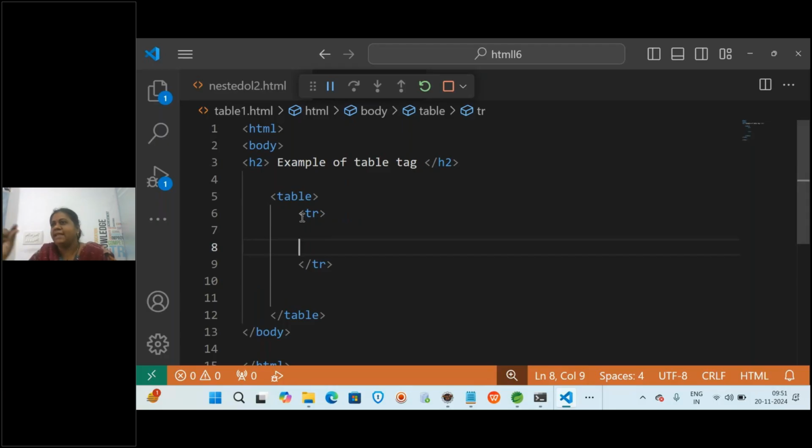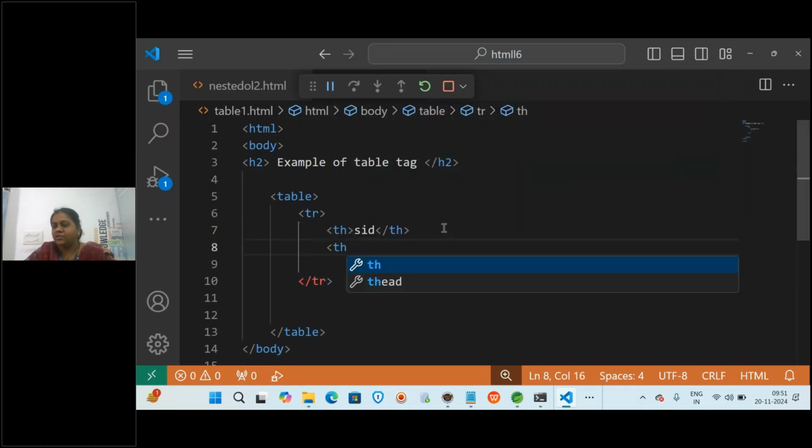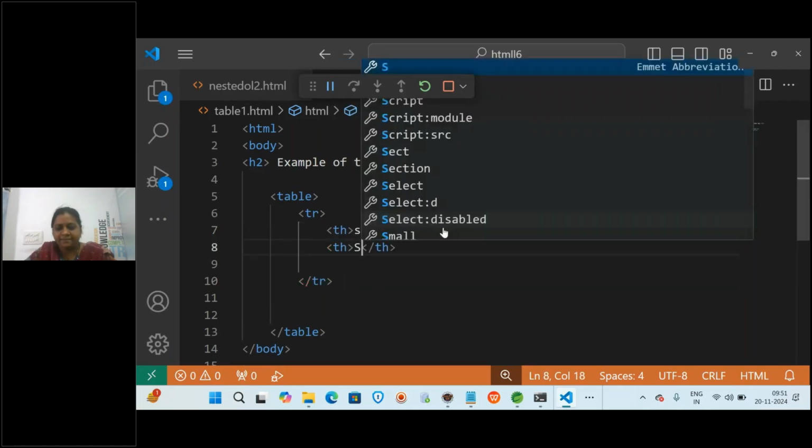So in the first row, what do you want? However many THs you write, that many columns are automatically created. So now here in the TH I am writing serial number, or you can write student id, SID, as heading. Again I am writing TH, student name.